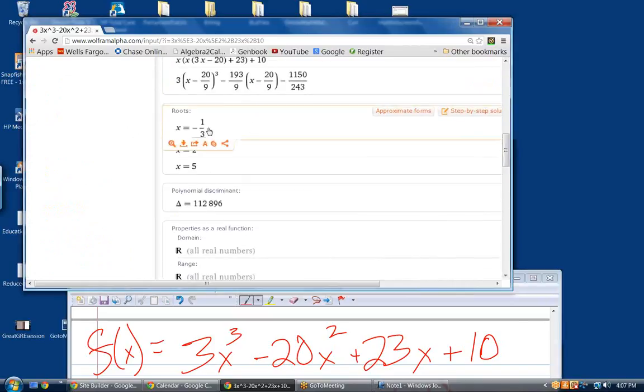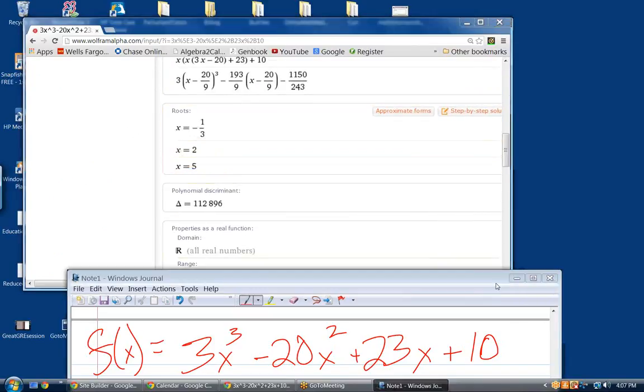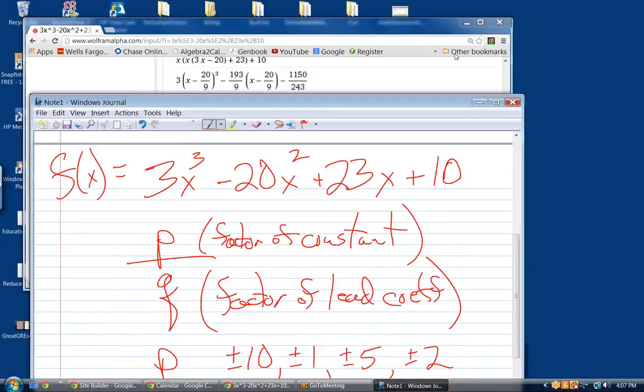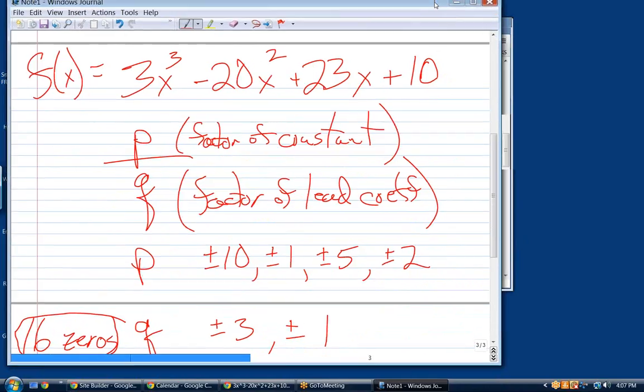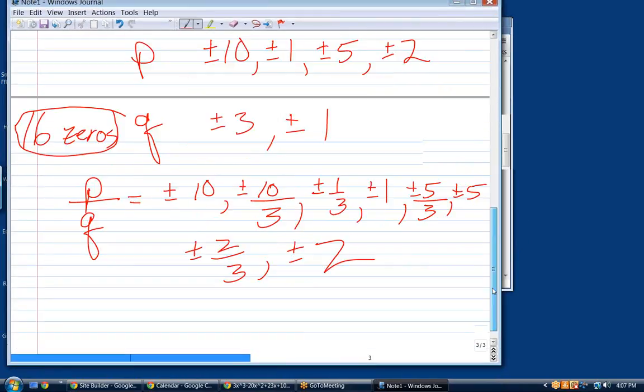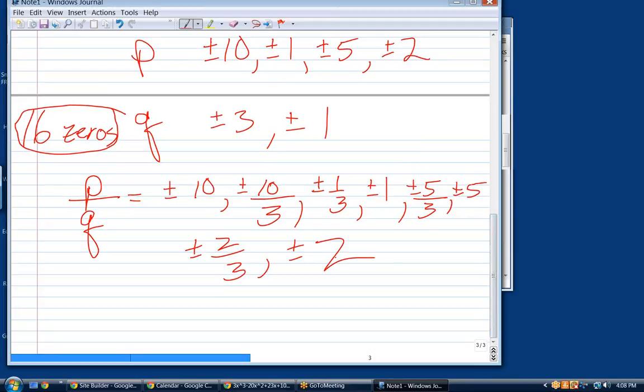The real roots are minus 1/3, 2, and 5. Notice that all of those were in our list. Minus 1/3, 2, and 5. So this had 3 rational roots. All of them were in this list. So we could have manually tried each one of these, and we would have discovered,